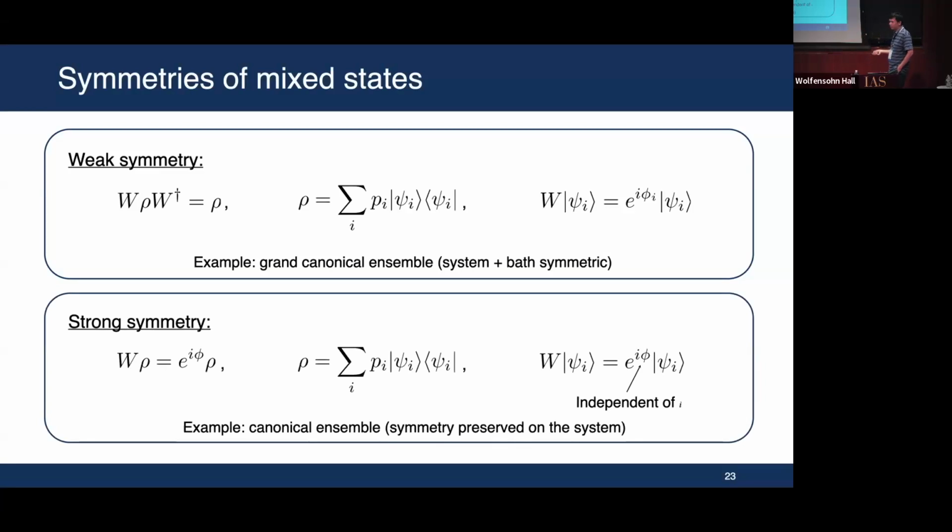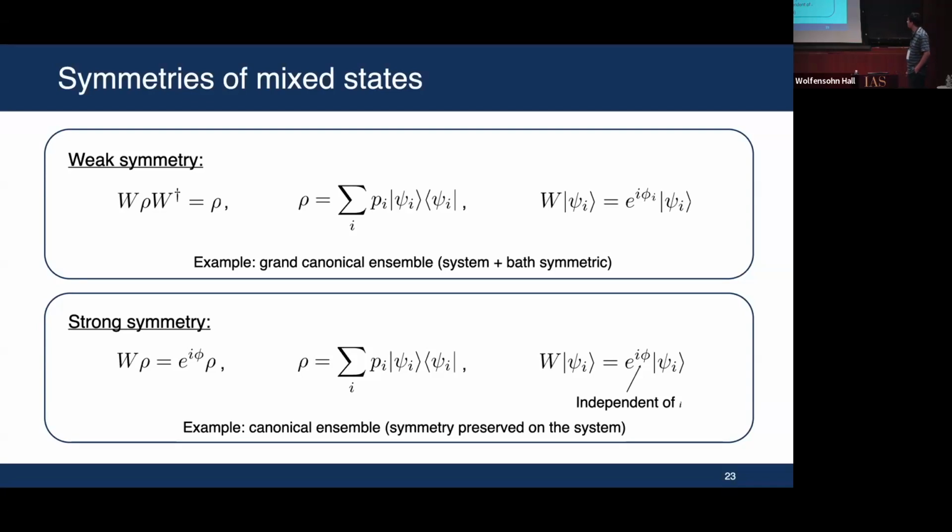Right, so if we have strong symmetry, we always have weak symmetry. And strong symmetry acts on the density matrix in a weird way. I mean, we don't usually think about the action of symmetry on the operator in this way. It's acted on only by one side. So W times rho equals some phase factor times rho. Okay? And this kind of symmetry means that if you decompose rho into a convex sum of pure states, then each one of them has to be an eigenstate of W with exactly the same eigenvalue.